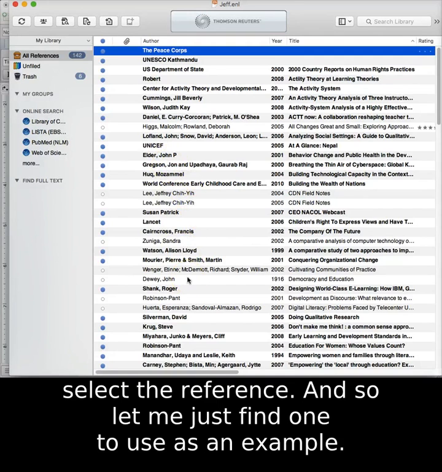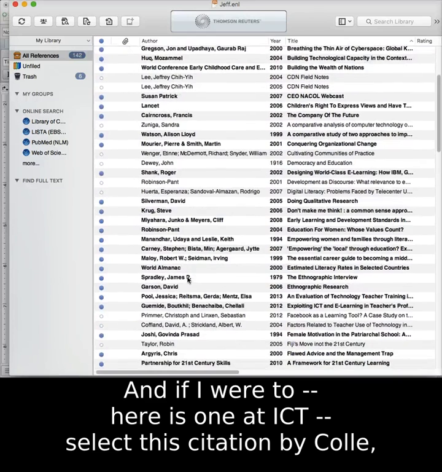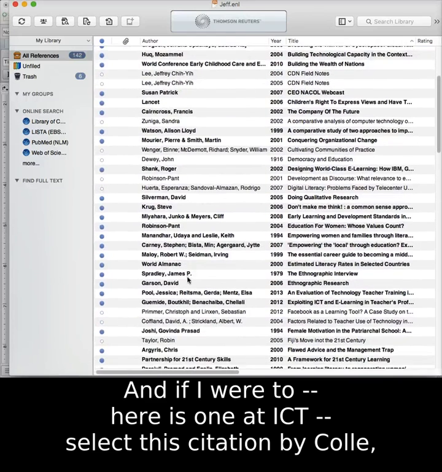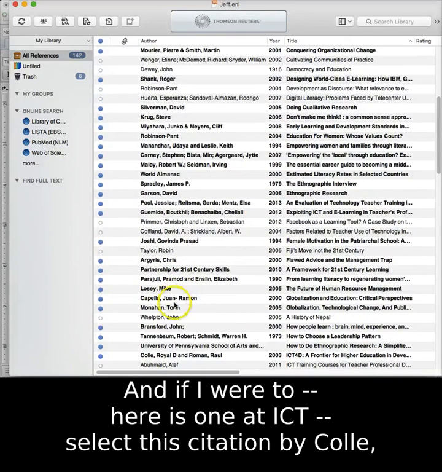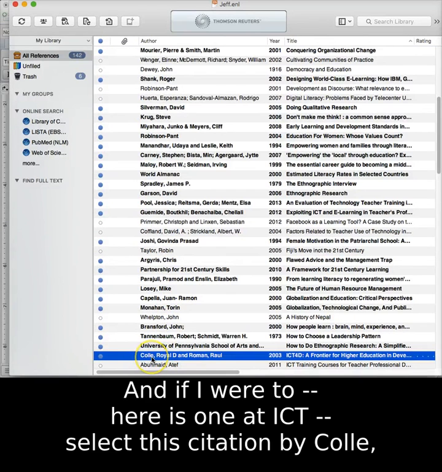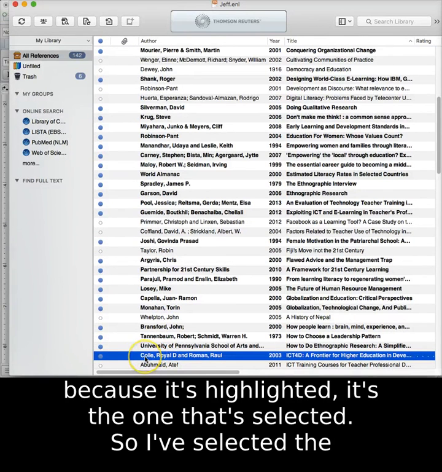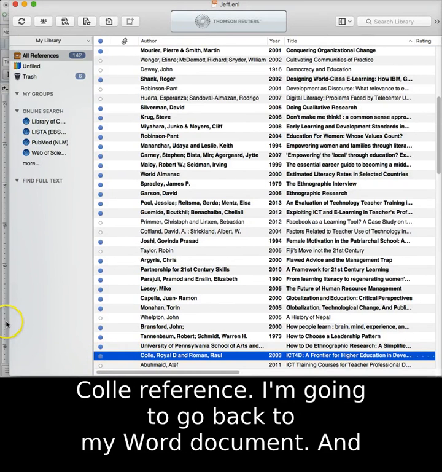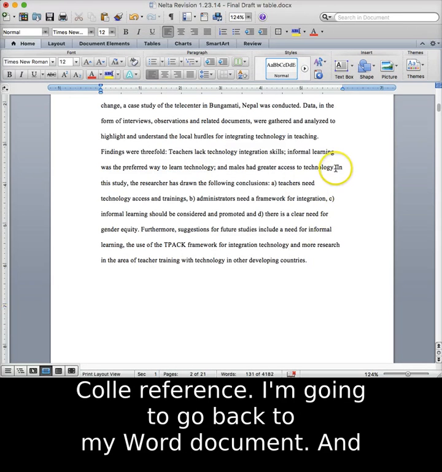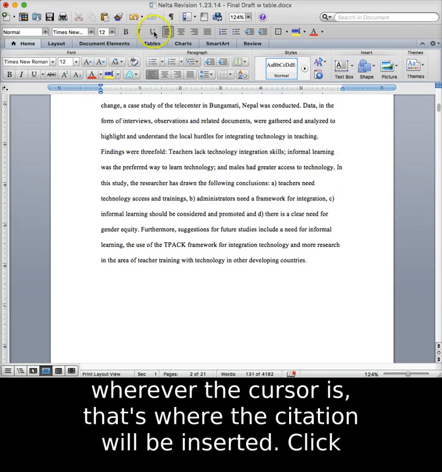And so let me just find one to use as an example. Here's one on ICT. I'll select this citation by Cole, because it's highlighted, it's the one that's selected. So I've selected the Cole reference. I'm going to go back to my Word document, and wherever the cursor is, that's where the citation will be